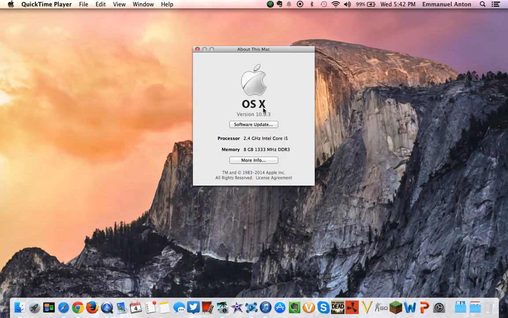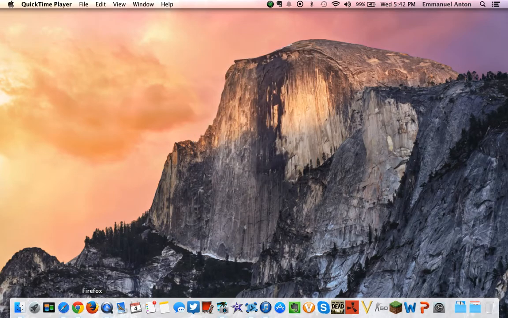As you can see, I'm not running the developer version of it. I'm running 10.9.3, and I have mine looking pretty much like Yosemite. I have the background, which you can easily get, and there's also a link in the description to a video that tells you exactly how to do all of this. But right now, to show you examples of how mine looks, as you can see, the dock looks different, and